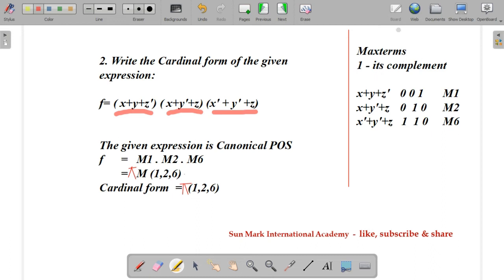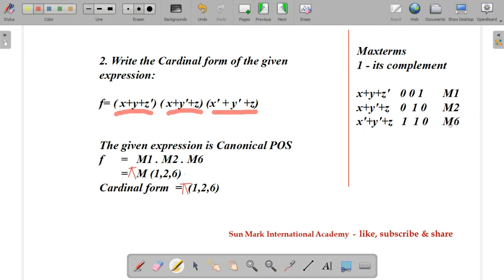And in the case of a max term, if the value of the variable is 1, then we have to take the complement of the particular variable. So here x plus y plus z dash, x plus y dash plus z, x dash plus y dash plus z, and this Boolean expression, we know is POS form because that is product of sums or product of max terms. So we write each max term here and find the corresponding decimal numbers. One should be complemented, others all 0. So 1, x is 0. Here 0, 0, 1. Corresponding decimal is 1.